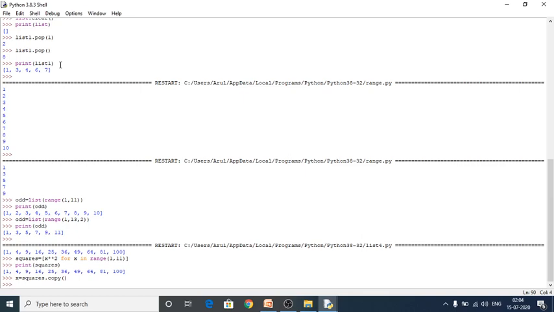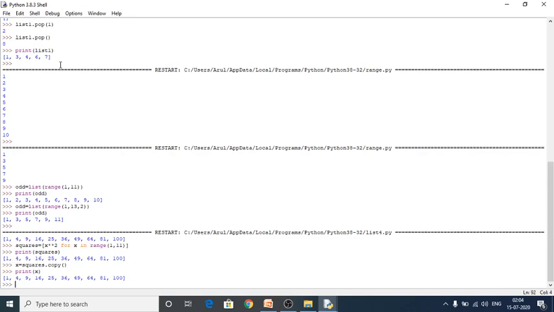Next I am going to print x, because the copy of the squares list is already stored in the variable x. Yes, it was printed.